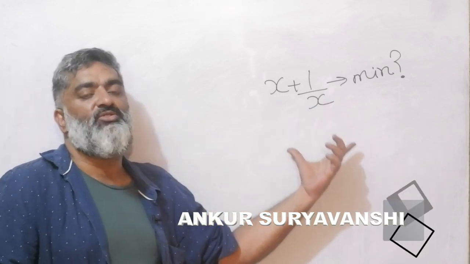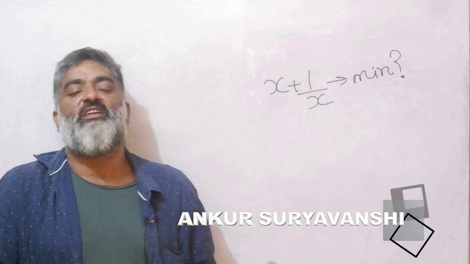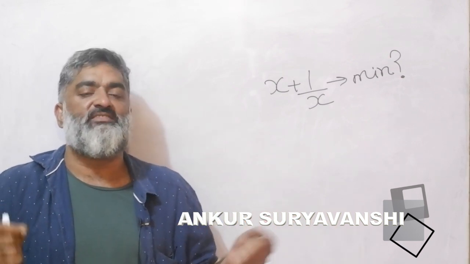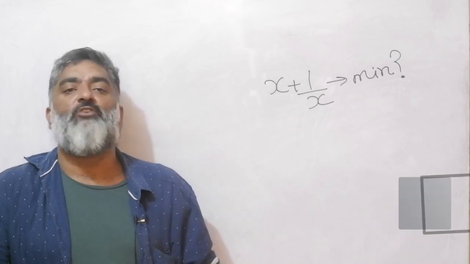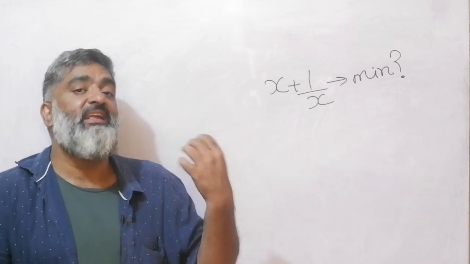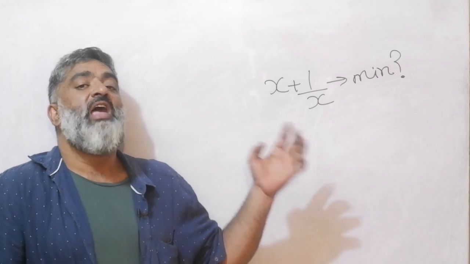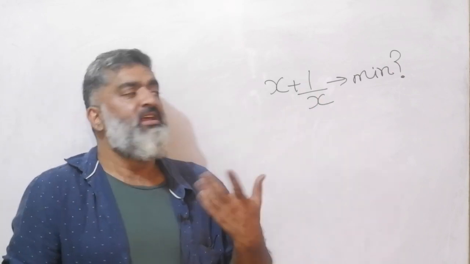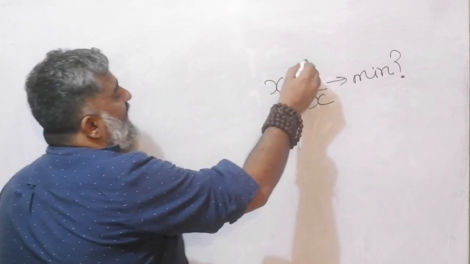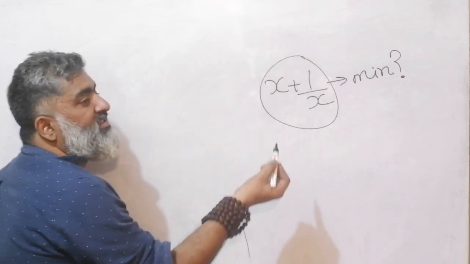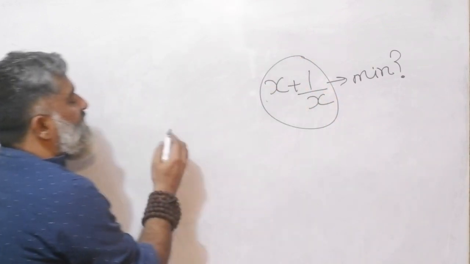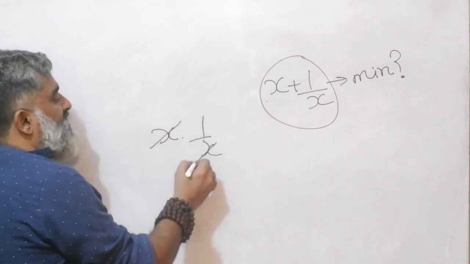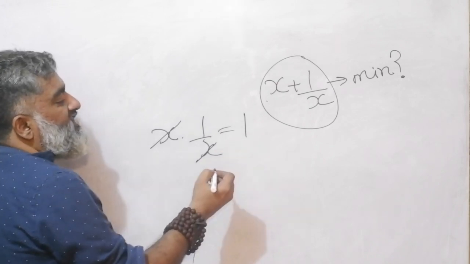For example, this story. X is a positive variable, because remember this whole story that we have been working on as far as AM-GM is concerned, it's only for positive numbers, right? So I'm dealing with X as a positive number, and my question is, what is the minimum value of X plus 1 by X? The key thing to notice is I'm asking for the sum, so let me think of the product of the same variables. That means X into 1 by X. So if I work out the product, I get the product as 1.